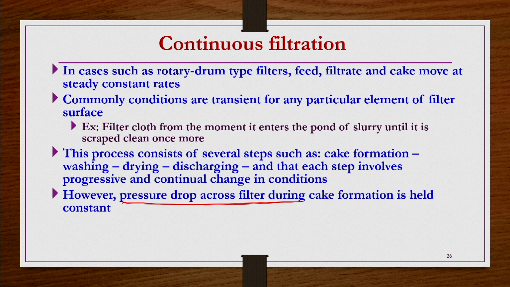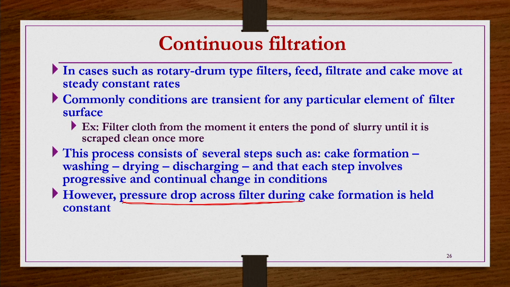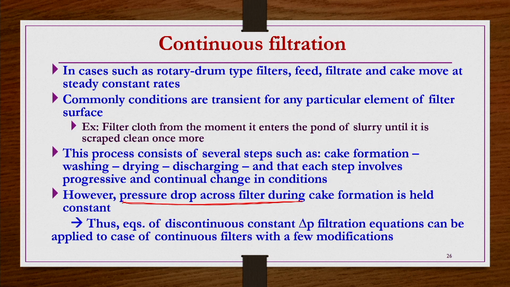In the previous case, there was the equation t by V equals Kc by 2V plus 1 by Q naught that we developed. There the process is a batch process, but the pressure is constant. Now here the process is continuous filtration, but the pressure drop is again constant. So both the previously developed equation and the equation we are going to develop for this case are valid for constant pressure filtration processes, but the previous one is for the batch process, and what we are going to do now is for the continuous process.